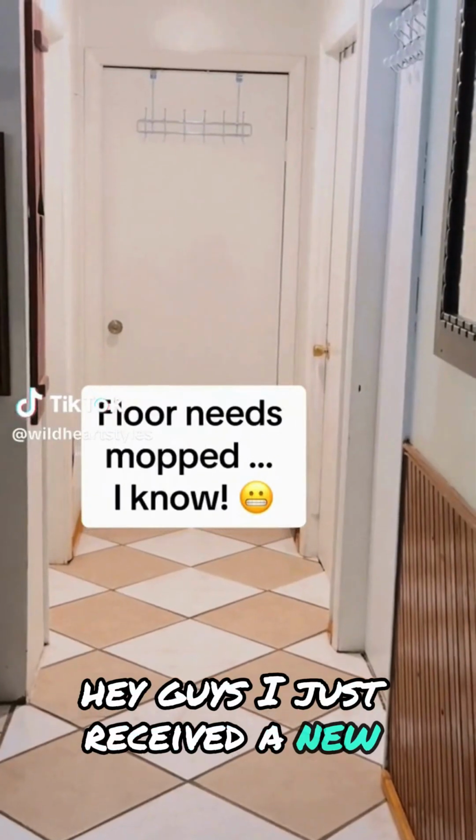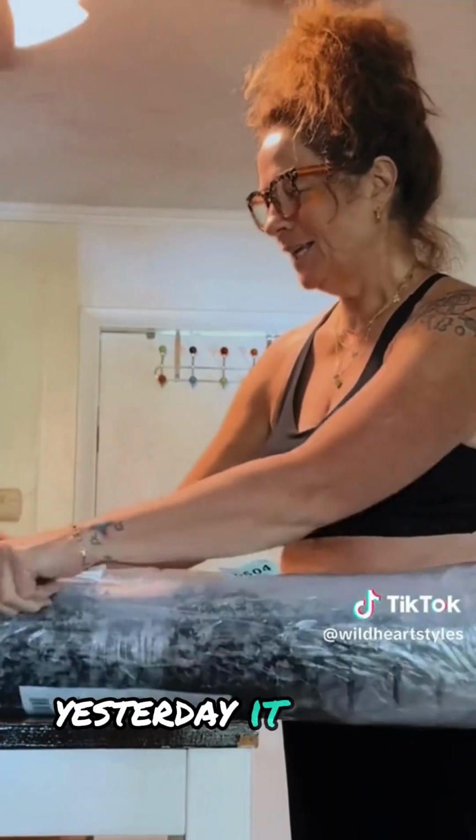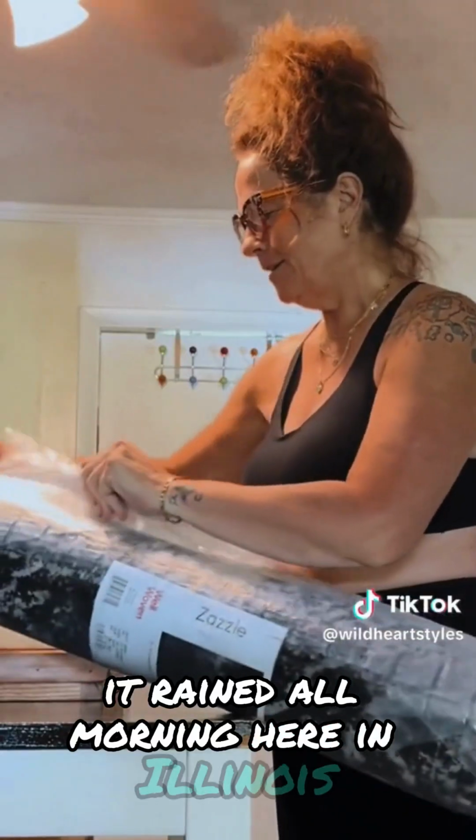Guys, I just received a new hallway runner that I'm going to put down and show you right now. Excuse the dirty floor. Yesterday it rained all day, it rained all morning here in Illinois, and now the